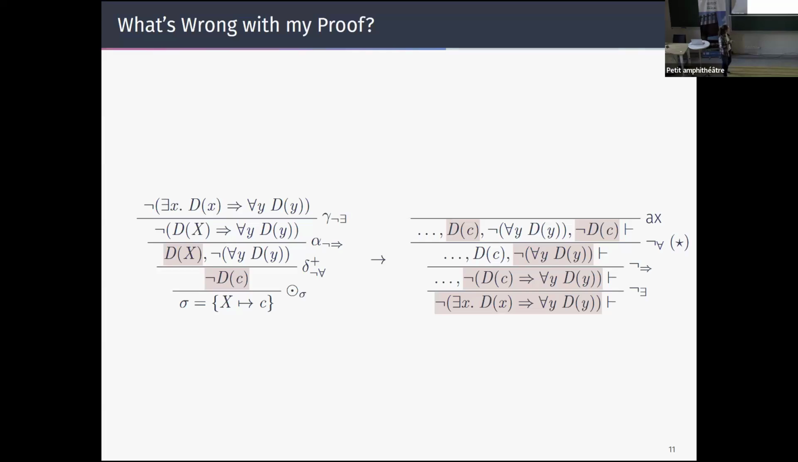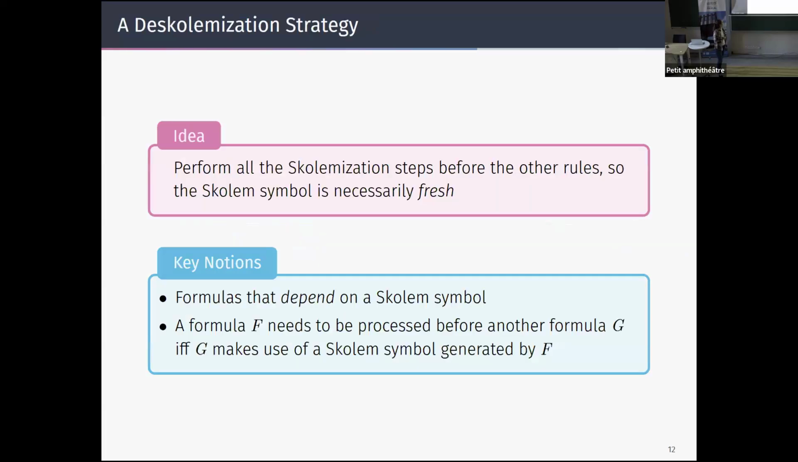I can't do that. So either I introduce something like c prime, but then I won't be able to close, or I don't use c here, but for the same reason, I won't be able to close the branch later. So my issue is that basically I try to use a Skolem symbol before its introduction, which I can't do in sequent calculus. And so what we try to do with Richard, Olivier, and Johan is Deskolemization,